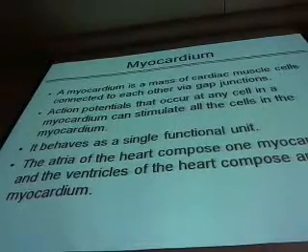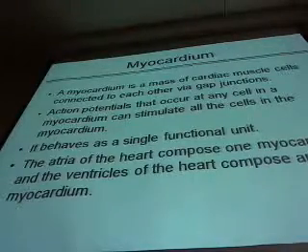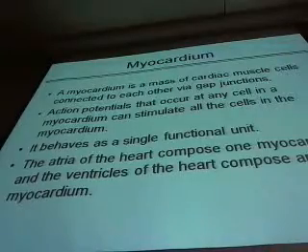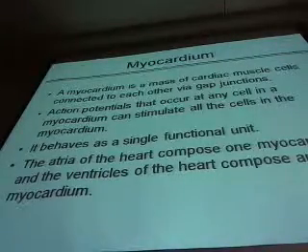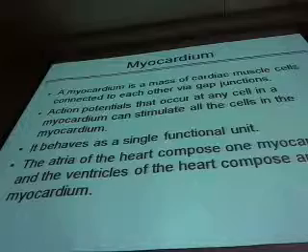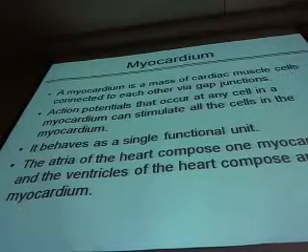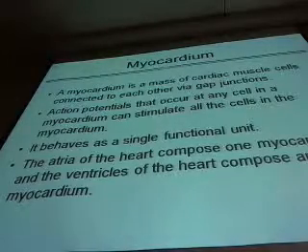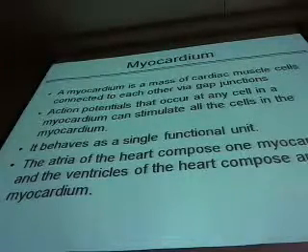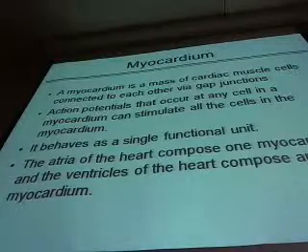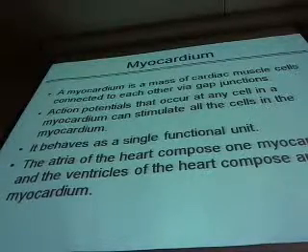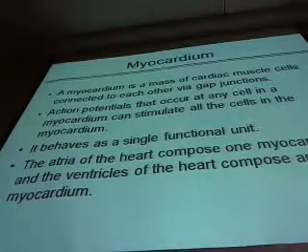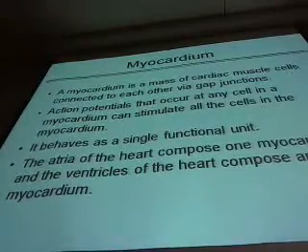Okay, the myocardium is a mass of cardiac muscles connected via gap junctions. An action potential in any cell can stimulate all the cells in the myocardium, so it behaves as a single functional unit. The atria compose one myocardium, the ventricles compose another. Now, we'll get into this in chapter 13, but the valves open, and the atria drain into